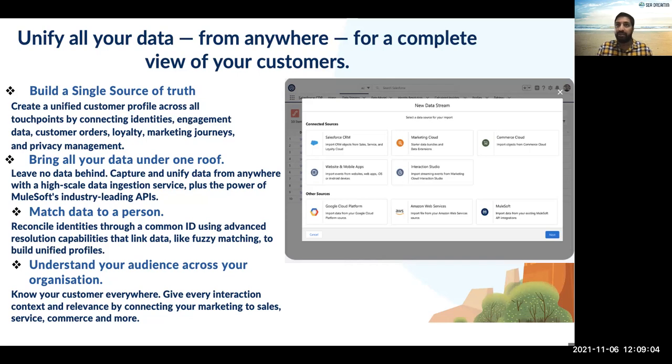So I need to bring the audience in and pull the best context relevance through connectors, like sales, service, and commerce, and then I can build a unified single customer profile.